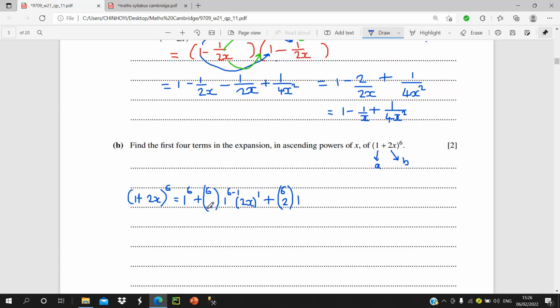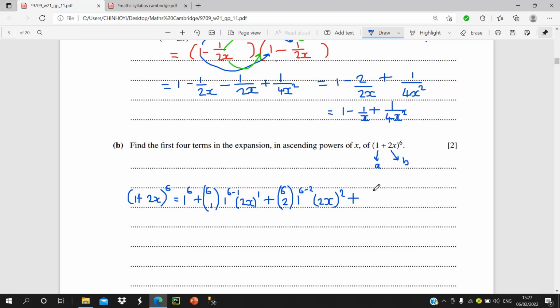Then b is going to take this power, if you study the pattern. So you say 6 minus 2, that is the power for a, which is 1. Then the power of b, which is 2x, is 2. So this 2 here is the same power as with the b. Then plus,